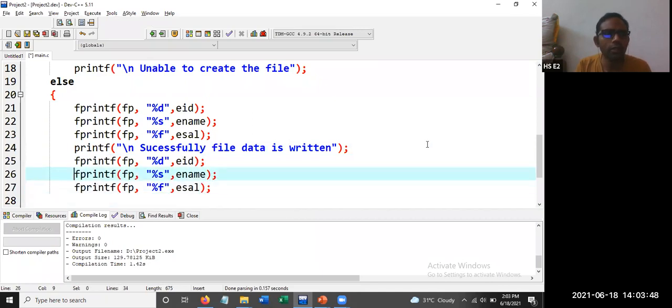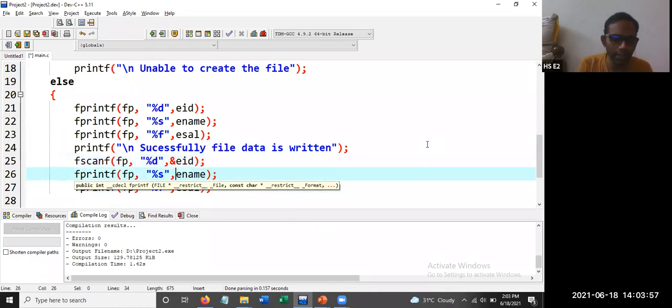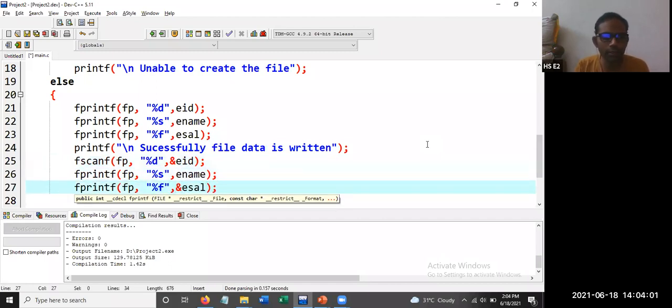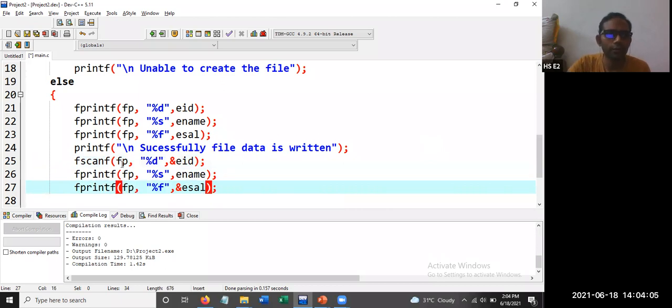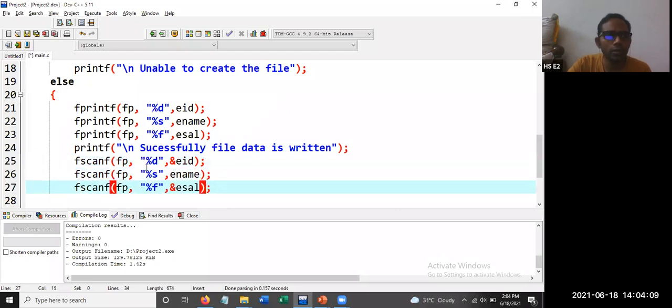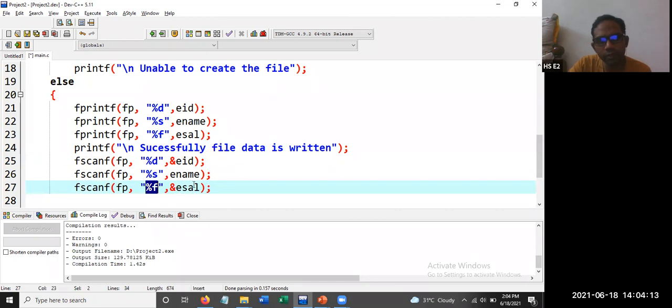Here we are going to write ampersand eid, ampersand ename, for the string we don't need ampersand, then ampersand esal. So fscanf reads the data from the file: fp, %d, %s, %f.